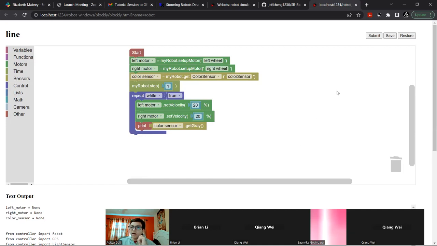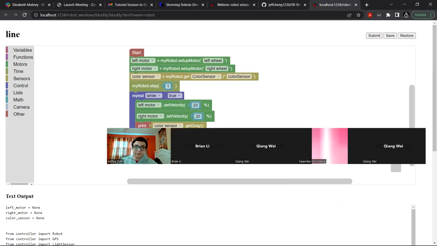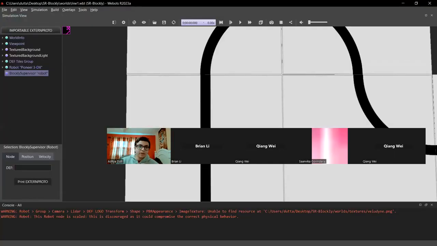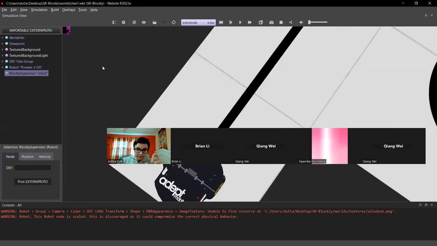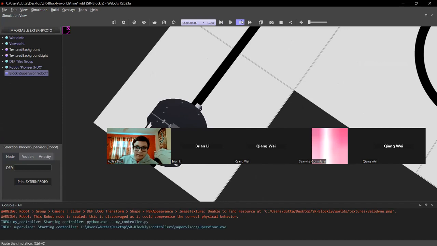To run the program, we first have to click the save button. What the save button is going to do is take this code and store it in an XML file format. It saves it locally somewhere so that you can access it later. And then the submit button does a very important job of converting all this to text-based code and saving it as the Python controller so that Webots can understand it. Now on the Webots side, what we always have to do is reset the world. This puts that Python code into the robot. And then if we hit play,